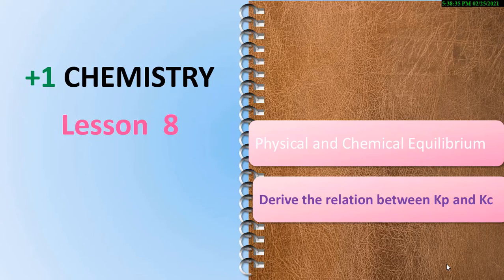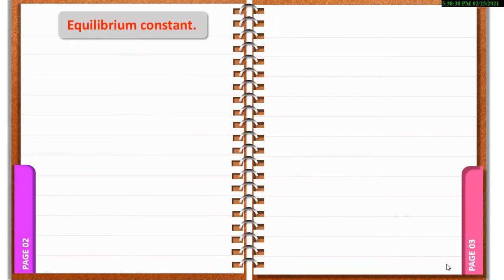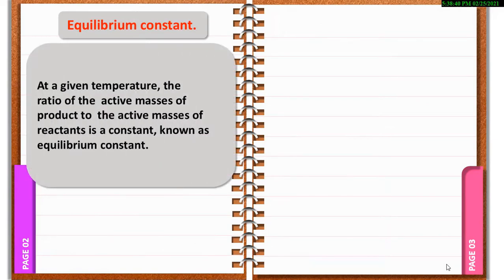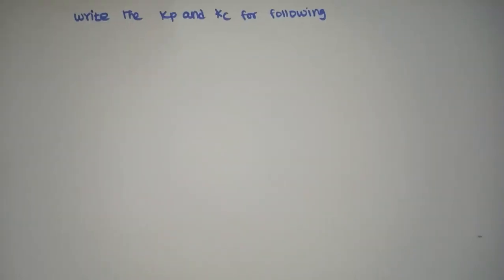Define equilibrium constant. First we see the equilibrium constant. At a given temperature, the ratio of the active masses of the product to the active masses of the reactant is constant. It is known as an equilibrium constant. Next, write the Kp and Kc for the following examples. Kp and Kc are equilibrium constants. First example,